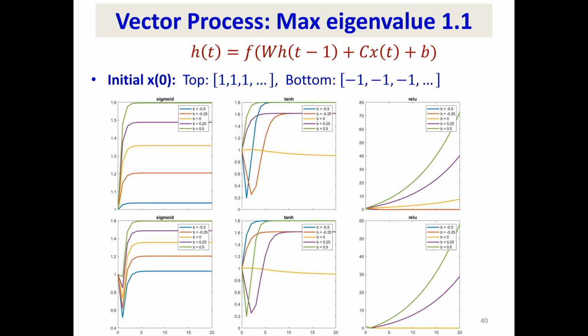Questions? Yeah. In this case, if you're experimenting, how did you actually restrict the eigenvalue? I can design my W any which way, right? So in this case, I just created a W with an eigenvalue of 1.1. That's it. In practice, when we're learning the network, it would be difficult to constrain the eigenvalue. It doesn't matter. It's either going to be greater than 1 or less than 1. It's very odd for it to be just 1, right? And so you're going to see this behavior.